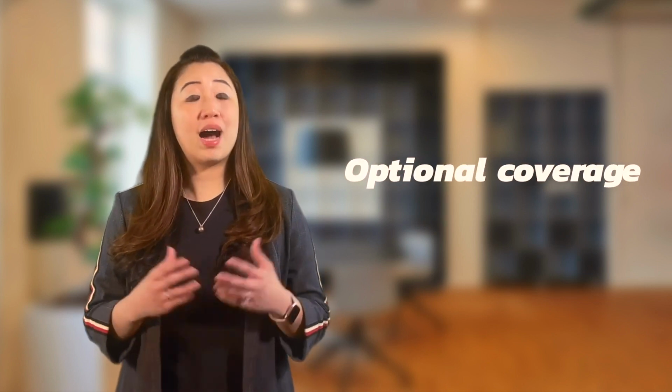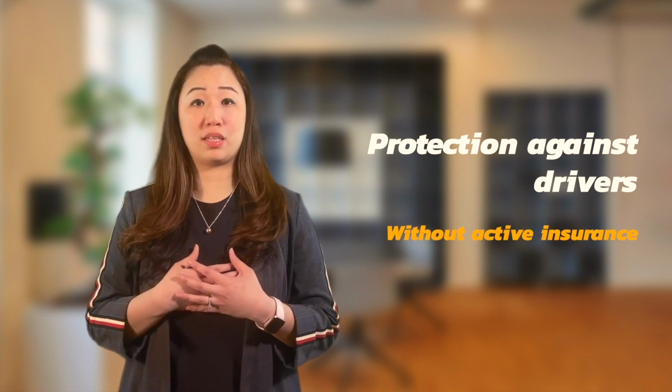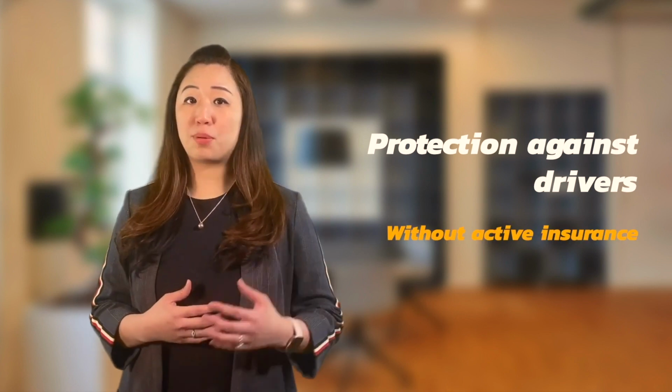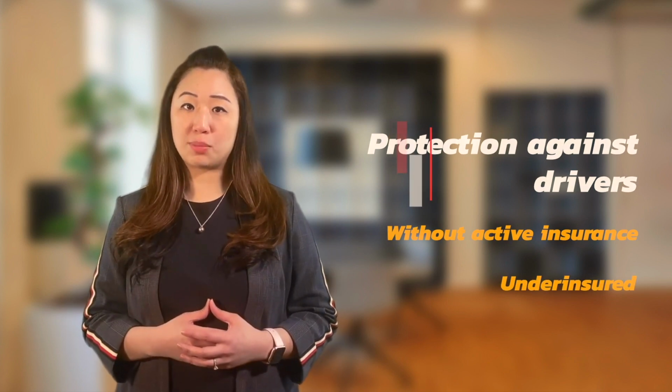The uninsured motorist is an optional coverage, but highly recommended. It not only protects us when we're hit by someone who does not have an active insurance policy, it also covers if the other person was at fault and did not carry enough coverage to cover for our damages or